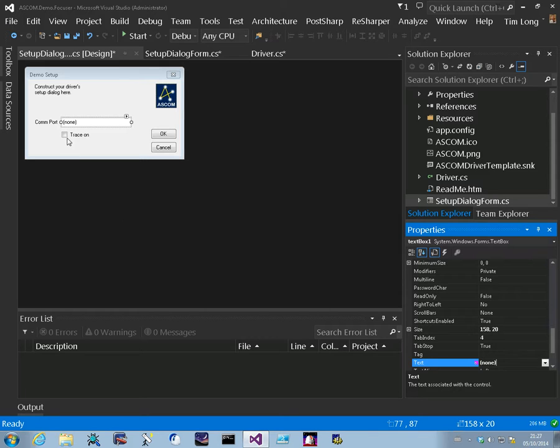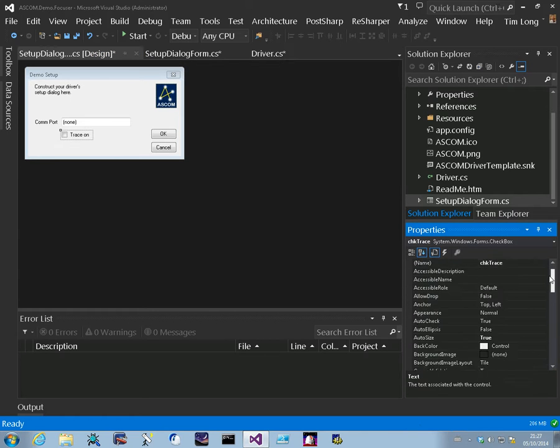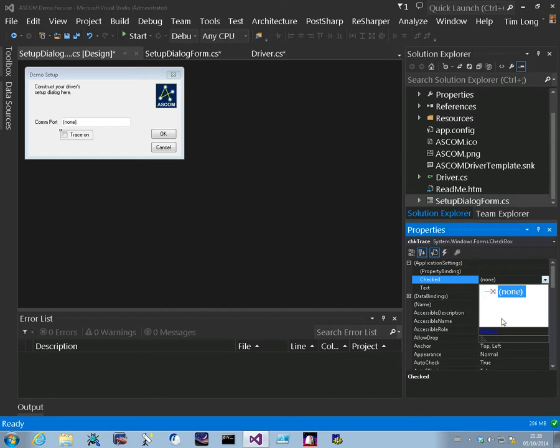Okay, so we'll do the same again for the trace checkbox, and I believe, if I recall correctly, it was called trace level. The setting was called trace level before. So in our application settings, Visual Studio understands a bit about checkboxes, so it's exposed a couple of what it thinks are the most likely candidates that we might want to bind to. So checked is in fact the property I want, and in my colour scheme, apologies, it's really hard to see,